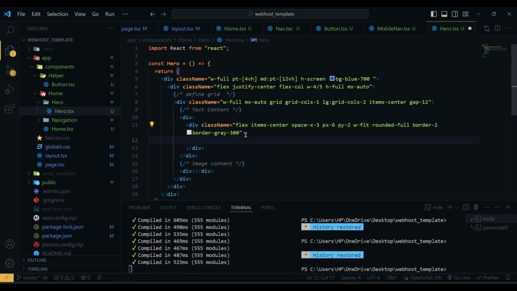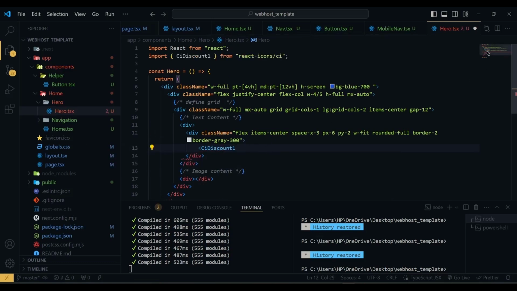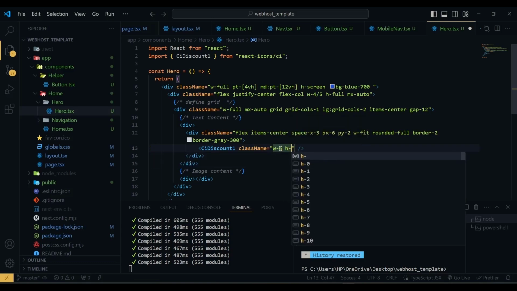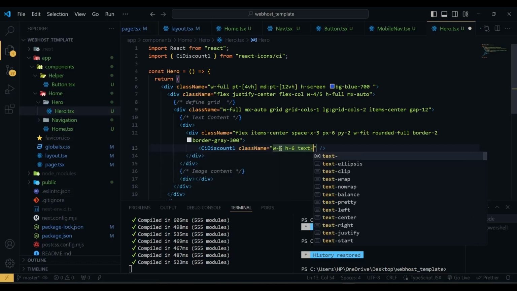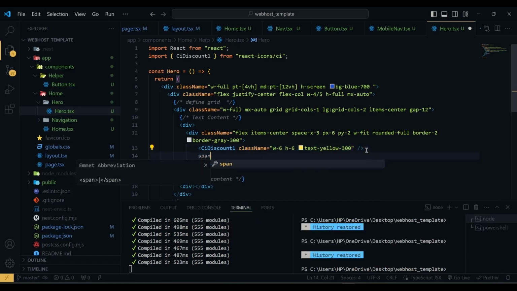Now inside this div we first have an icon. So we are going to use the CiDiscount1 icon, which is coming from the React icons library, and this icon has a class name of width 6, which is 1.5 rem, height will be 6, text color will be yellow 300, and then we have a span where it says 30% discount first month purchase,